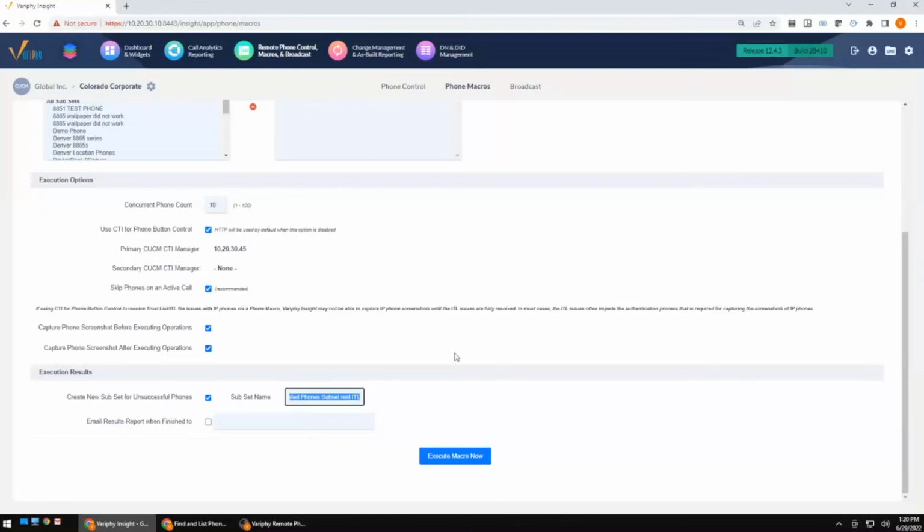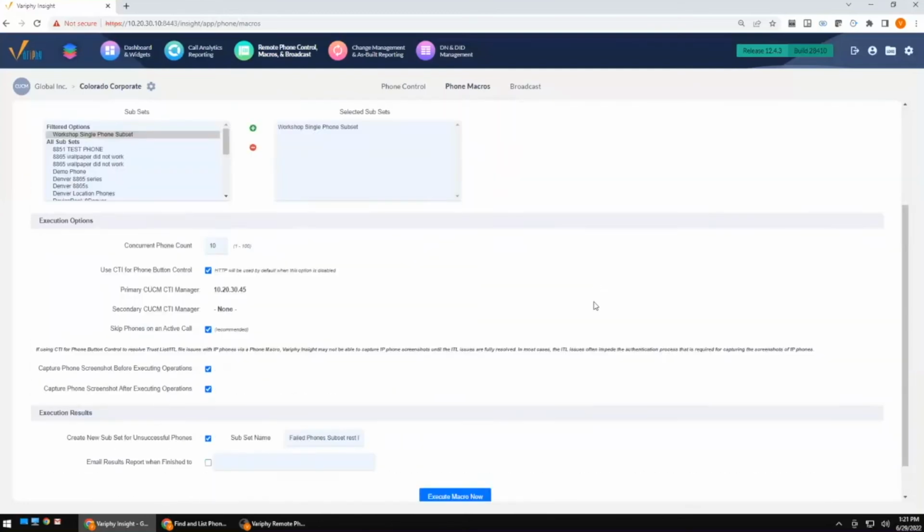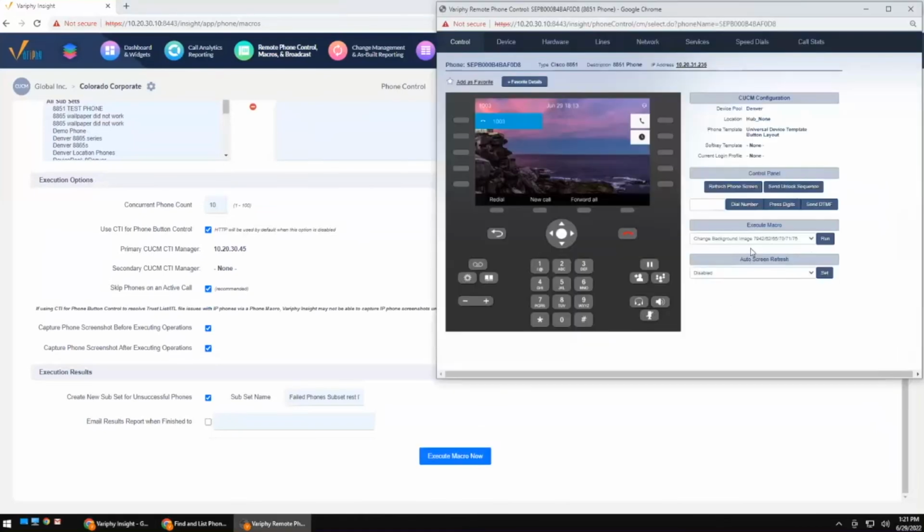But what this is going to do is if we happen to go out to several phones, maybe you're changing background images, maybe you're deleting alternate TFTP addresses, if for some reason we can't get to that phone at all, this is going to create a subset of those phones and the MAC addresses of those phones, so you can always come back and try to rerun it if something went wrong. So nice thing about that is it's going to give you a nice list of where it may not have successfully run. And then, of course, you could always choose to email the results off to whoever you want to email those to.